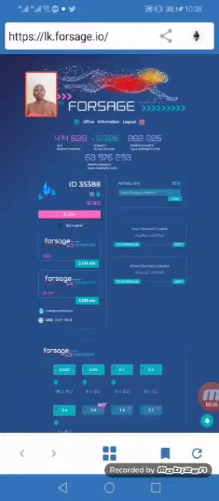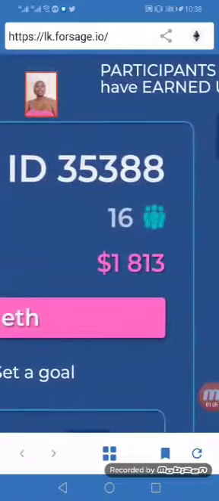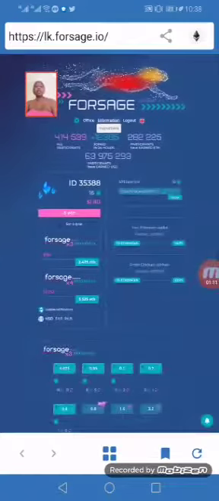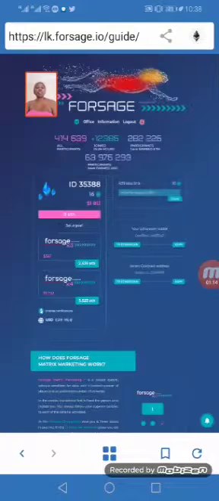So I'm getting questions about how it works and how Forsage works and everything. So this is my office, and it shows the member ID and the number of people, 16 people. This is a sign, and the pink is usually the amount that I've already made. When you go to instructions, you're able to get all the proper information.